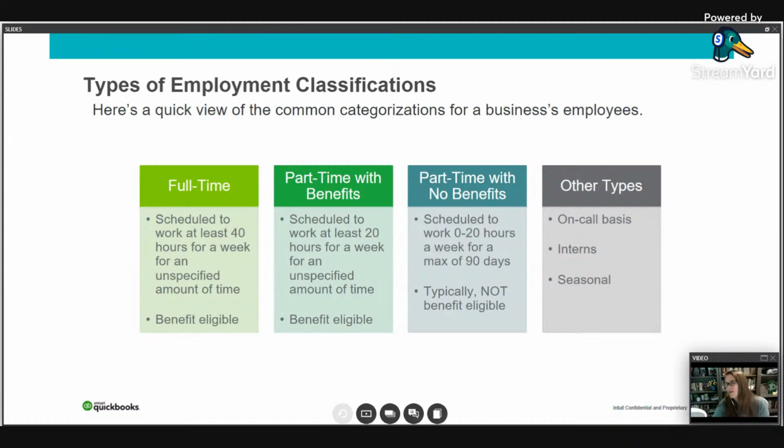It might be 38. Some companies might say full-time is 38 or 36, but basically the general rule is that it is a worker who's scheduled to work at least 40 hours a week indefinitely, right? And they are eligible for benefits. So